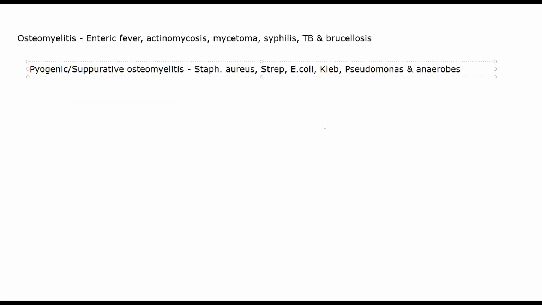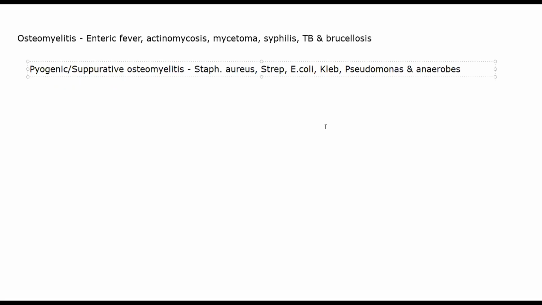In any case, what happens in this is bacteria will come into your blood. There'll be a systemic infection, and from systemic infection, it is entering into your blood, and hematogenously, it will reach your long bones. Generally, in young children or infants, somewhere between 5 to 15-year-old, those people will be specifically affected, especially those in developing countries. Okay, in those people, the long bones will get affected by pyogenic osteomyelitis.